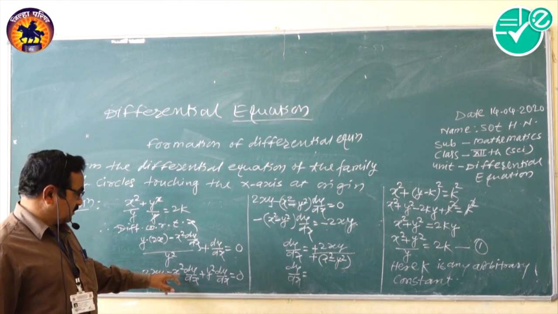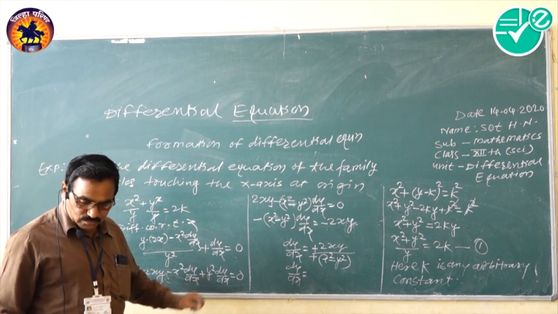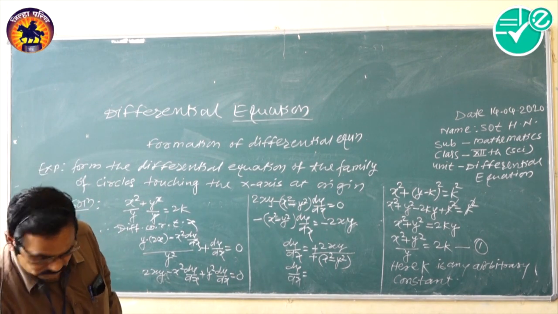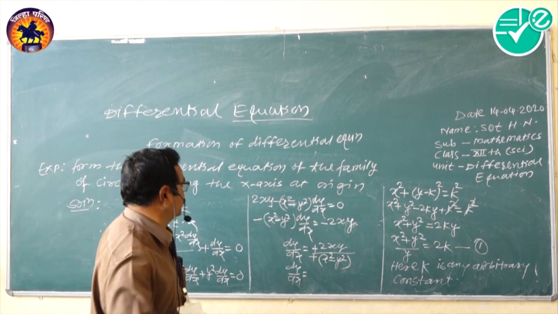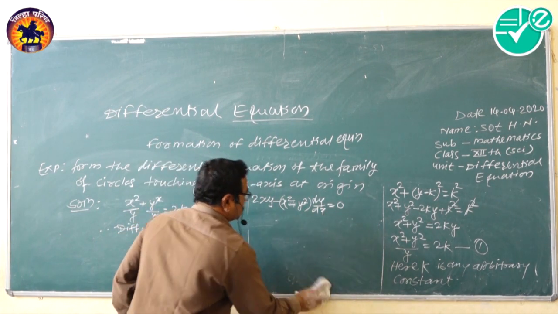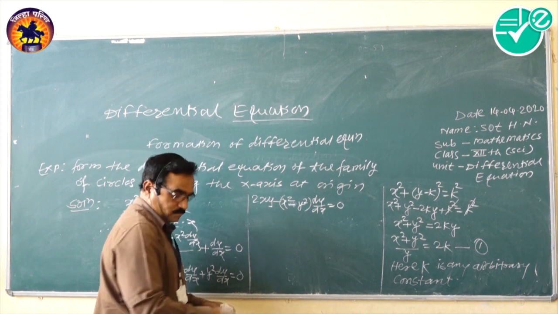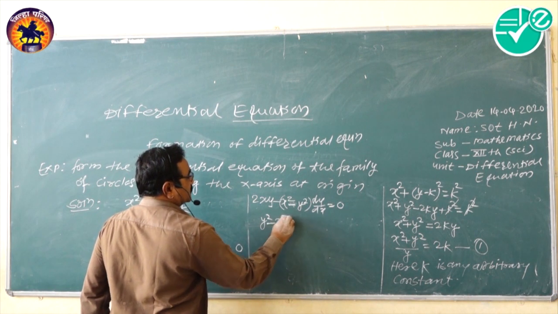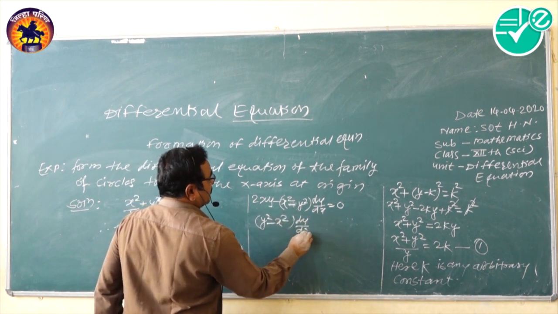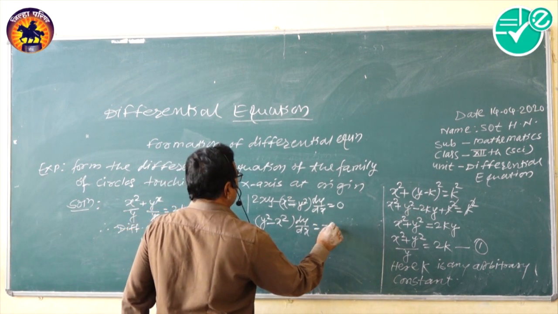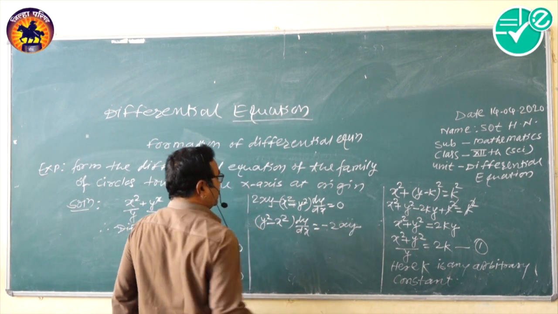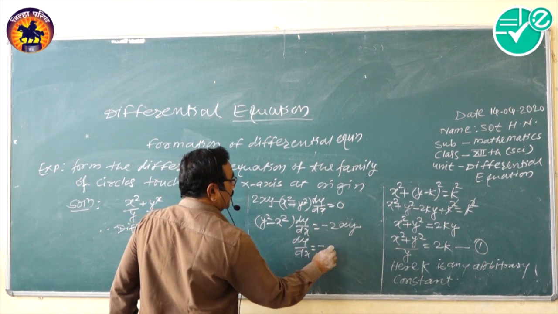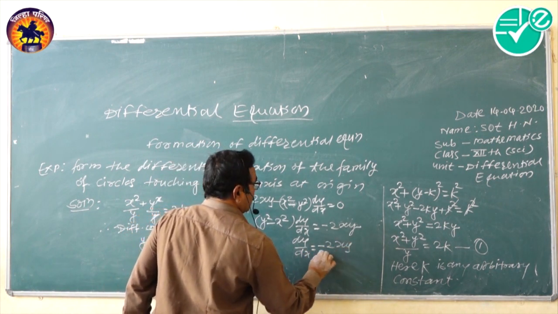Taking minus common, this is y square minus x square dy by dx equal to minus 2xy, and dy by dx equal to minus 2xy upon